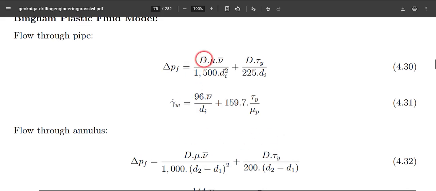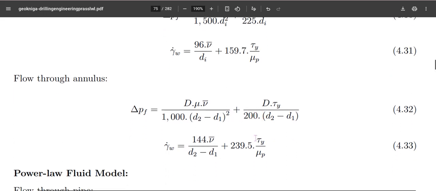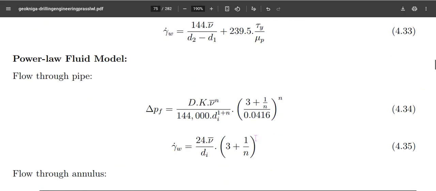So mu here is similar to the plastic viscosity, and these are the geometrical parameters as mentioned in the Newtonian flow model. Similarly, for the power law model, the parameters involved are n and k, the flow behavior index,